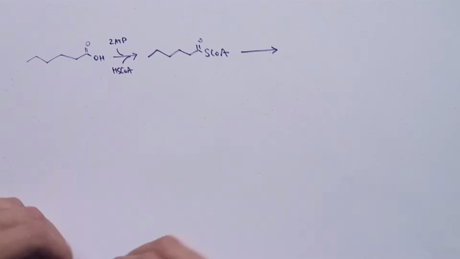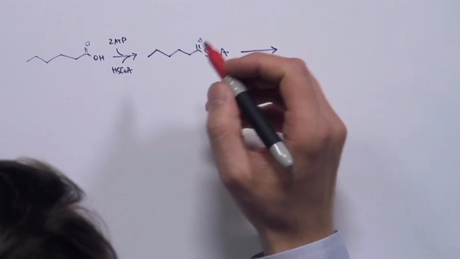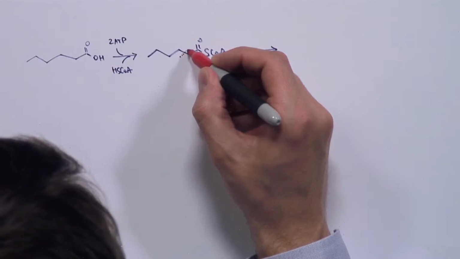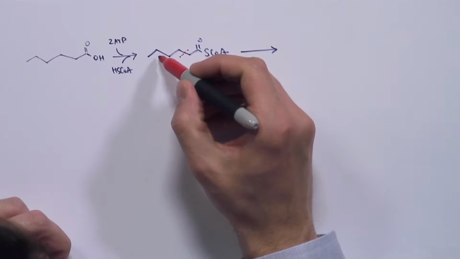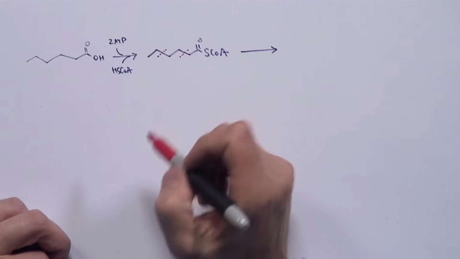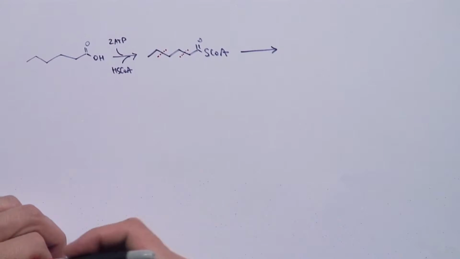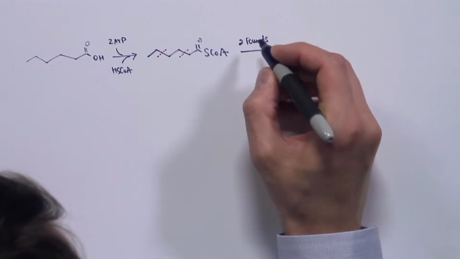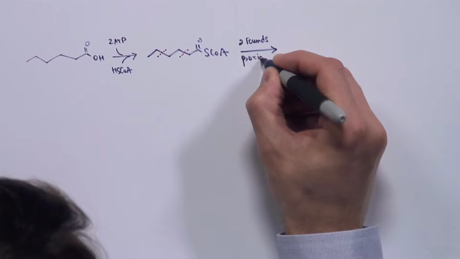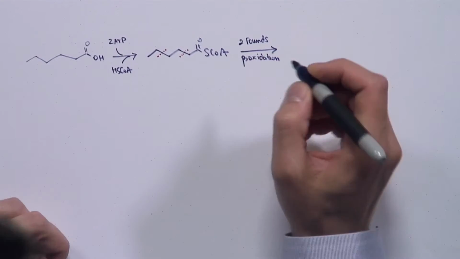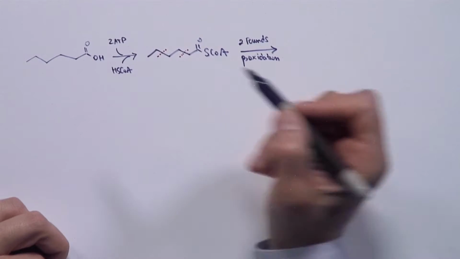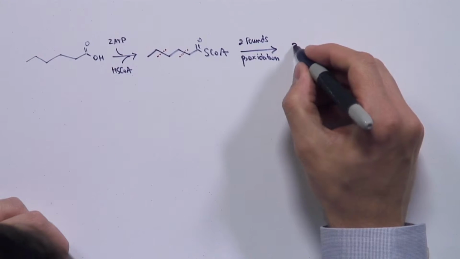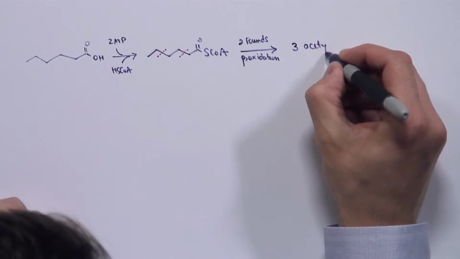Now, for a fatty acid that has 6 carbons, we're going to do the beta oxidation, and the molecule is going to cleave there. And we're going to do it one more time. The molecule is going to be cleaved there. So we're going to do 2 rounds of beta oxidation. And each one of these 2 carbons is going to become an acetyl-CoA. So we're going to generate 3 acetyl-CoAs.